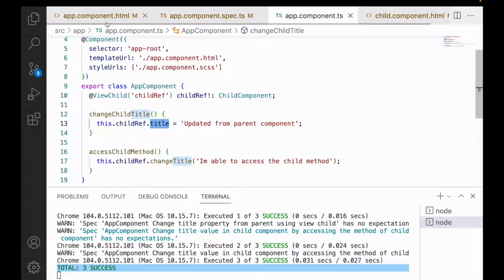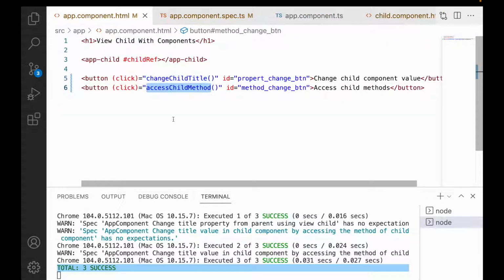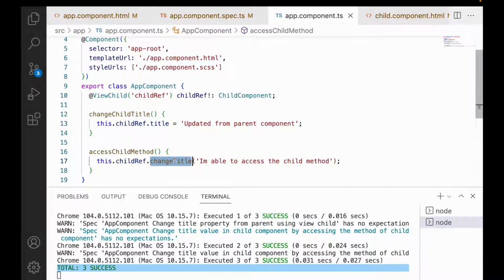So that is our first case, and the second case is whenever I click on this access child method, that will call one of the methods inside your child, that is change title, and whenever it is called, this change title will trigger an update for your interpolation value in your HTML of a child component, and that's how it